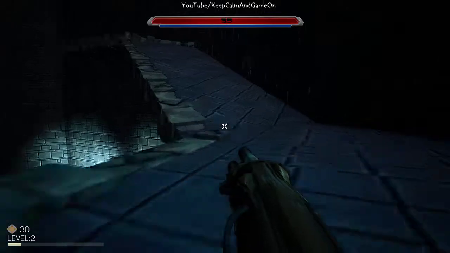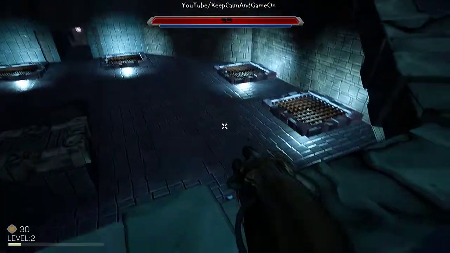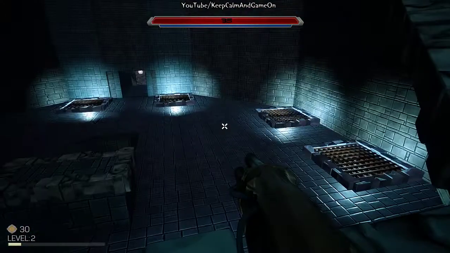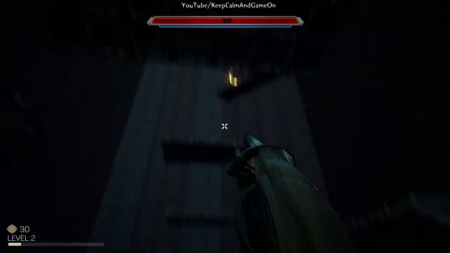I also recommended, I don't know if this will happen, that he make some of the levels have a little bit more verticality. Like this level is a good example. This has a lot of verticality, a lot of up and down areas where you can jump on. But even the smaller levels, maybe not as tall, but just adding something as simple as